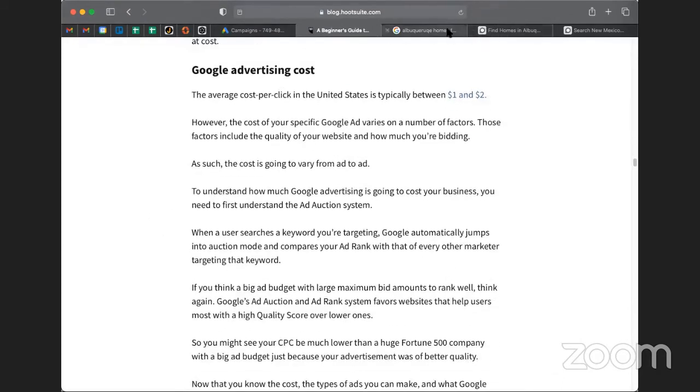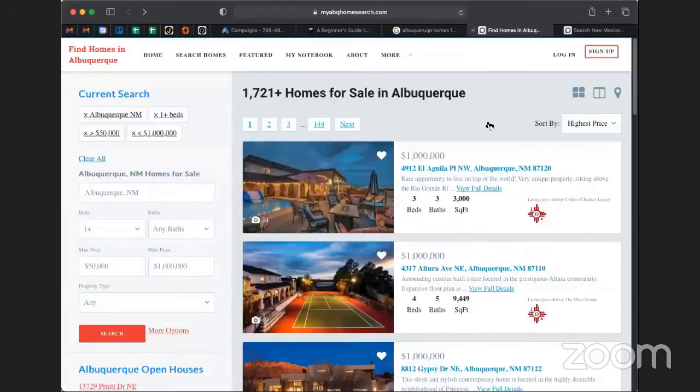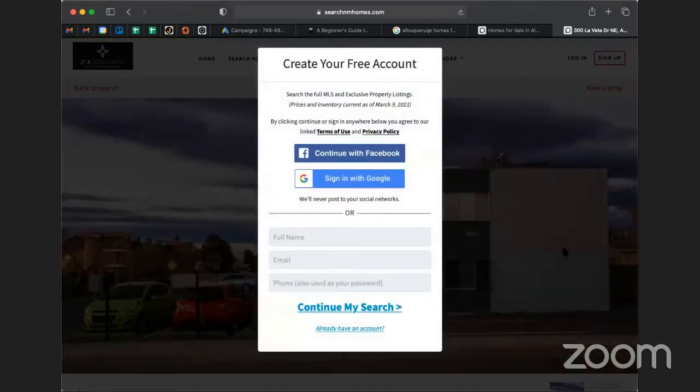So we were just thinking about that. We were checking out our two Sync sites that we had here. So Google advertising cost: the average cost per click in the United States is typically between $1 and $2. Now, that can definitely be pretty high if we're talking about link clicks alone. So both of these websites are actually, let's see if our second site has, okay, so they have lead capture